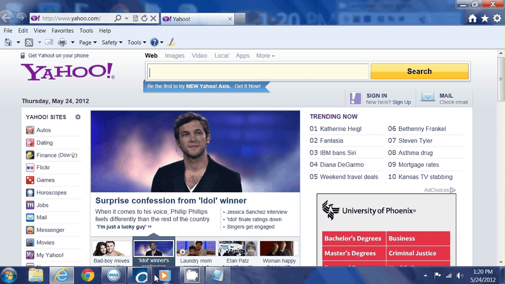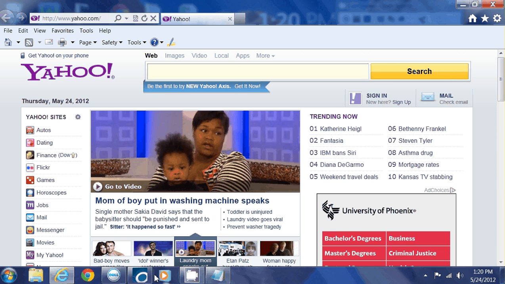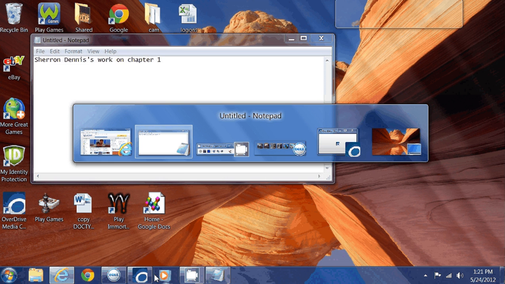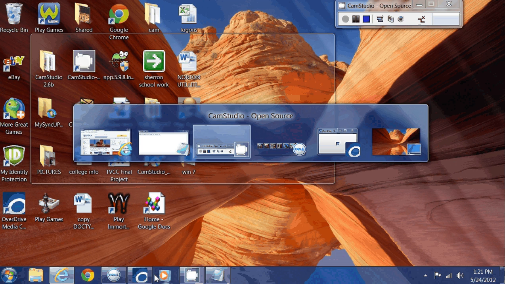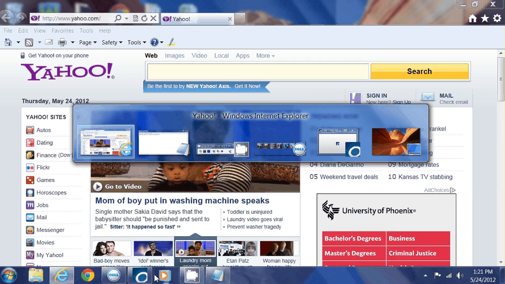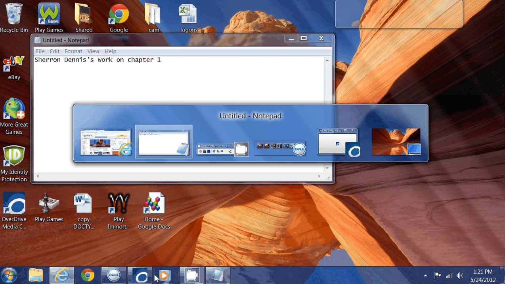And you'll notice that each running application has an active content displayed in a minimum window, a preview window. So if you hit Alt and Tab, you can see all the different things that I have open. Of course, Cam Studios, Notepad, Internet Explorer, and so on. When I press the Tab key repeatedly, it will cycle through all the boxes that are highlighted, all the applications. You can see them cycling through to the different things, and you can pick whichever one you want